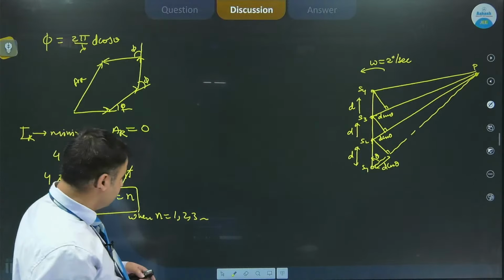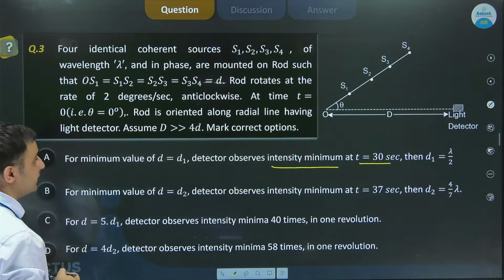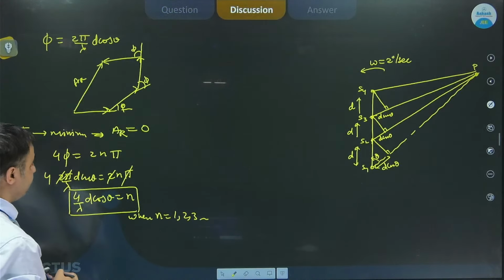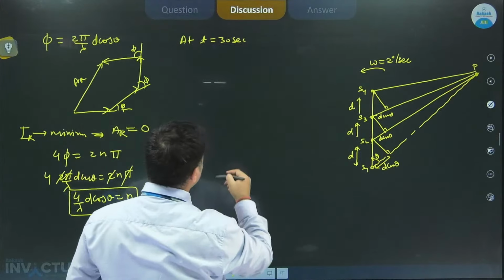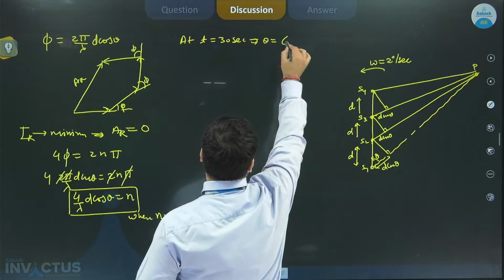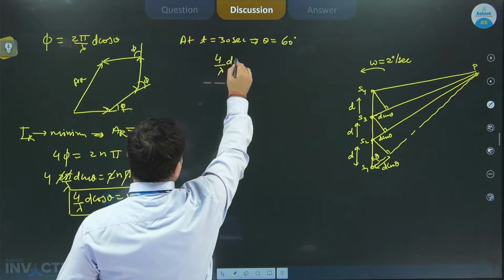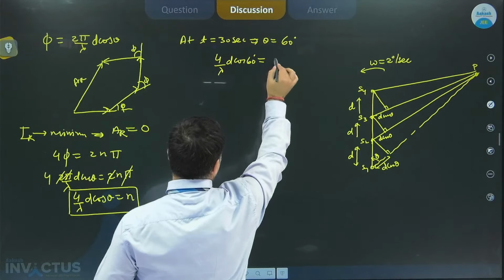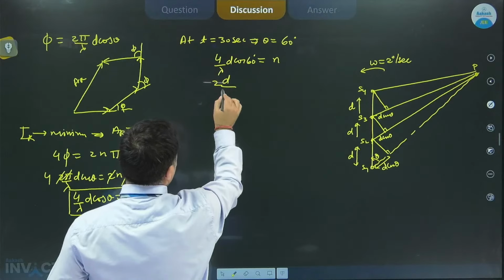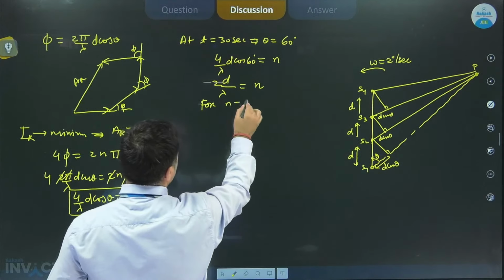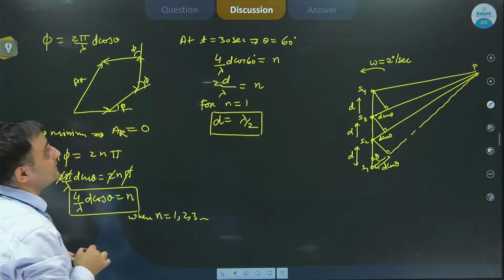All right. Now for at t is equal to 30 seconds, t is equal to 30 second की यहाँ पर बात कर रहा है, तो t इज इक्वल टू 30 सेकेंड्स पर हम लोग θ का वैल्यू पुट करते हैं। तो at t is equal to 30 second, ω मुझे दिया π/2 डिग्री पर सेकेंड, तो जो θ होगा, θ will be 60 degrees. सो उसको यहाँ पुट किया जाए तो θ को 60 डिग्री पुट करने पर we have 4 by λ d cos 60 is equal to n, where n is integer. तो ये मेरे पास cos θ is 1/2 और इसको कैंसिल करूंगा मैं, तो 2d बाई λ is equal to n, for n is equal to 1, d comes out to be λ by 2. So d is λ by 2 for minima. कब? जब t 30 सेकेंड्स है।